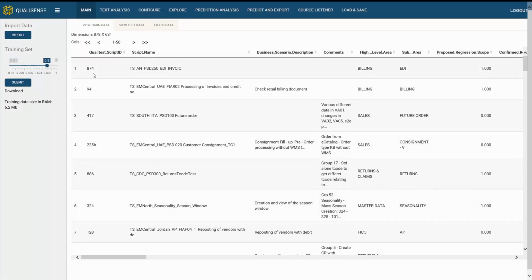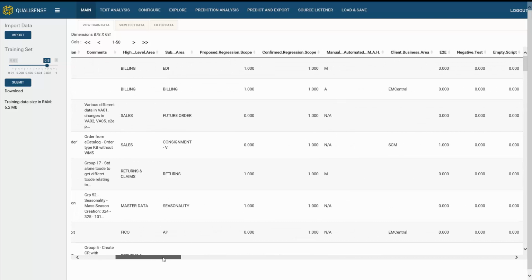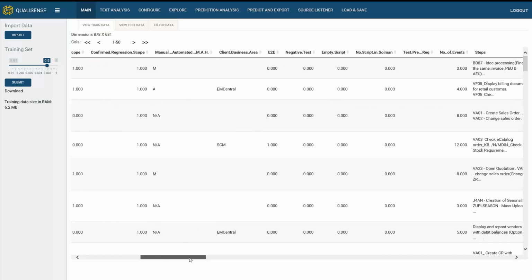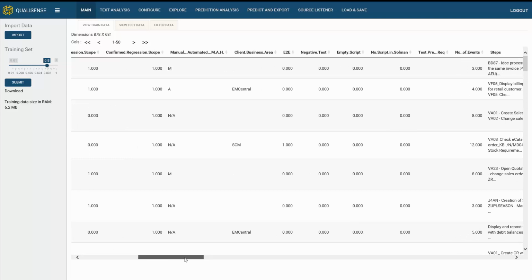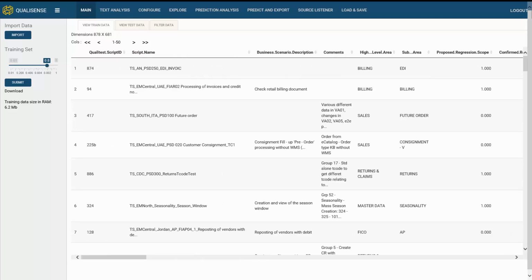As I was saying, we've taken a fairly straightforward set of data here, and this is pretty common data for a standard test pack. You've got some information about the script name, the scenarios, roughly what the test is doing, all the way across to details of the steps that we're focusing on, and historically whether the test has passed or failed. And what we're doing is we take all of this historic data and we learn from it, and we train the AI to understand when these kinds of changes come through, these are the tests that pass and fail.